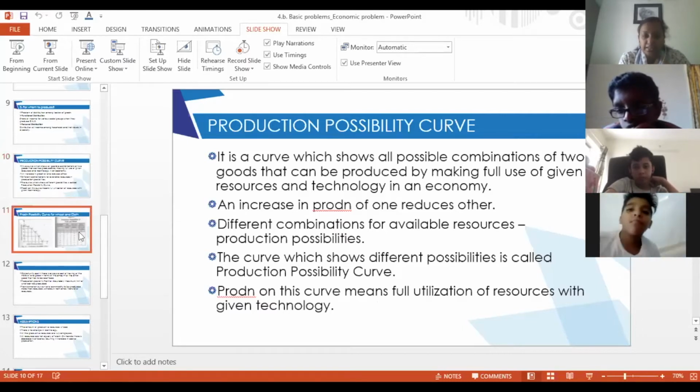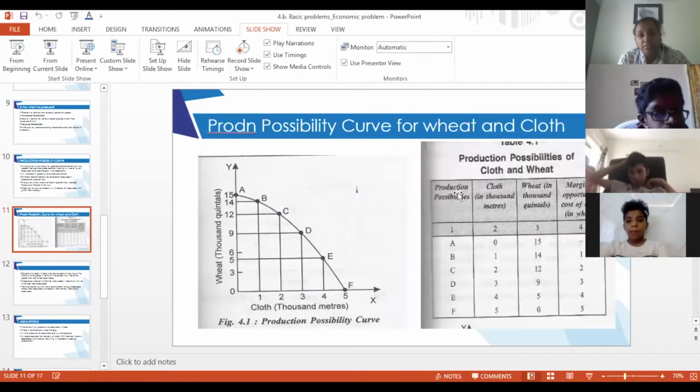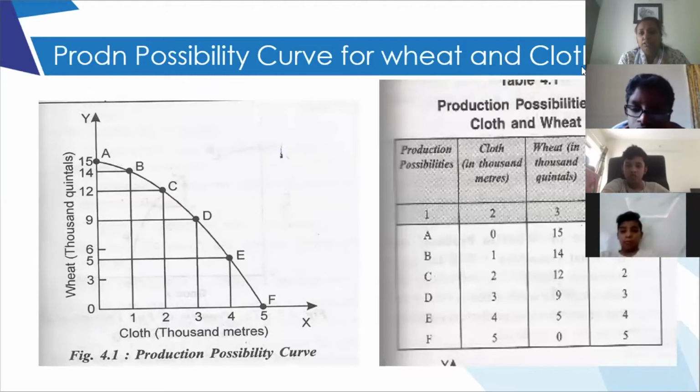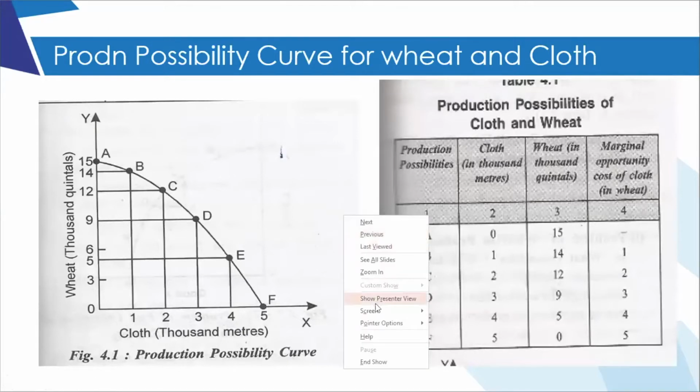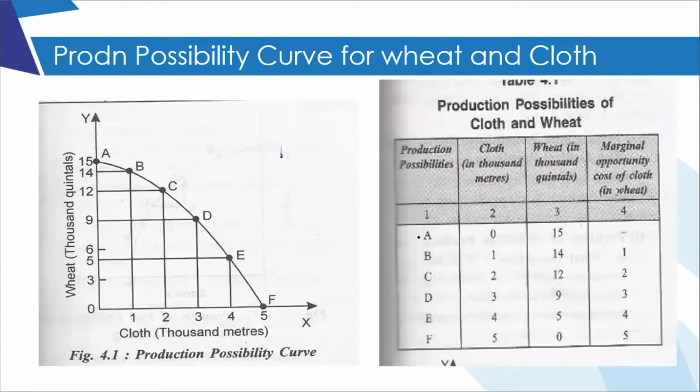Now I am giving you an example of how the production possibility curve is drawn. I will give you an example in your worksheet also, so you can draw. Everybody knows how to draw a graph. Now look at the production possibility combinations that have been given to you. This is the production possibility of two goods, cloth and wheat. All of you can see the cursor, children? Yes, ma'am. See, A, B, there are different points given.